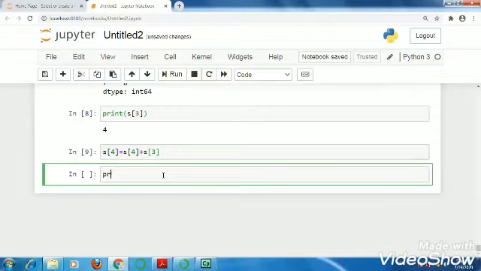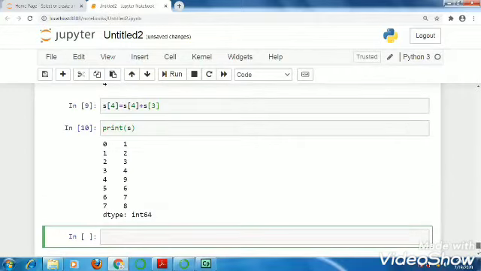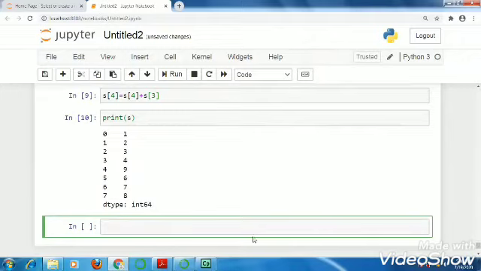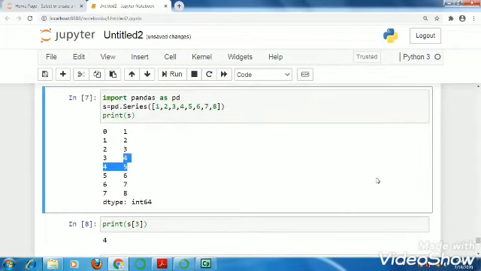And print s now. So here you can see now your s[4] is 9, because earlier it was 5 and you have added 4, that means s[3]. So 5 plus 4 will become 9.